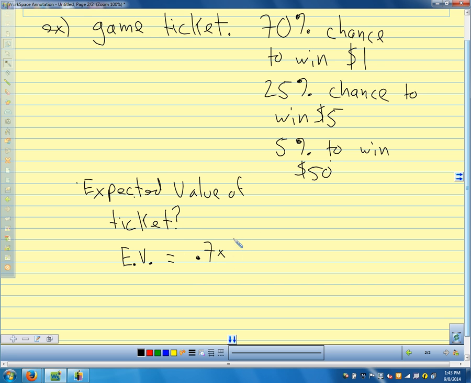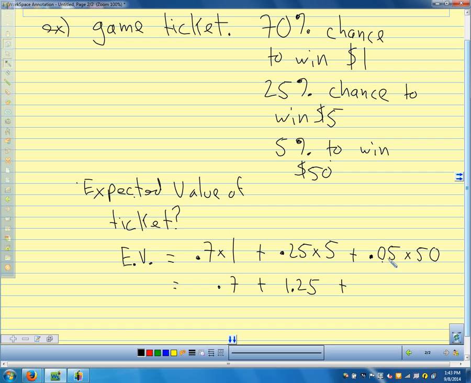times the value, $1, plus the next probability and the next value. 25% as a decimal is 0.25, times $5. That's the value of that probability. And be careful with this one, 5% as a decimal is 0.05. If we had written 0.5, what would that probability be? 50%. So 0.05 for 5% times 50, and 0.7 times 1, so we get 0.7 plus 1.25